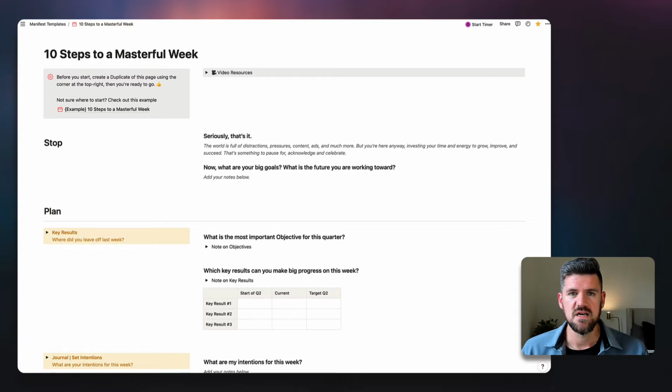This comes from, I believe, Michael Hyatt's Free to Focus book, which is a great resource, a unique take on productivity. But often we tend to jump into action mode without pausing and having a space to reflect on where we're at.